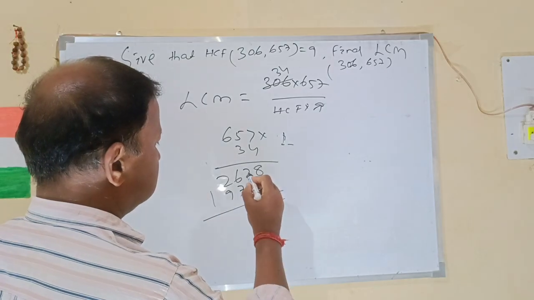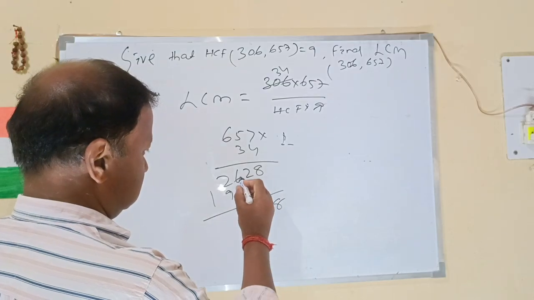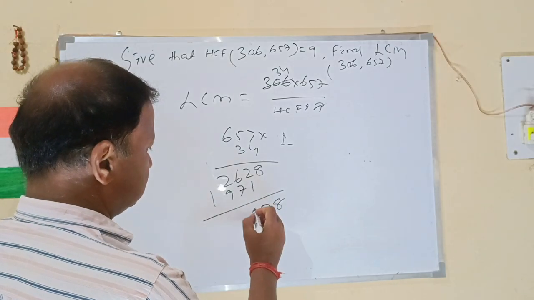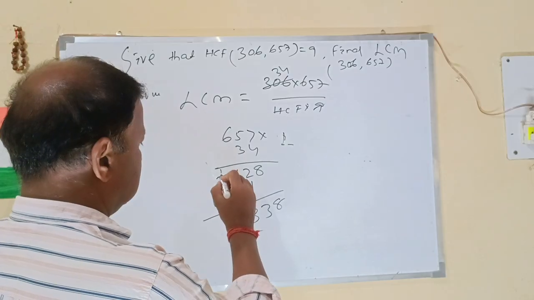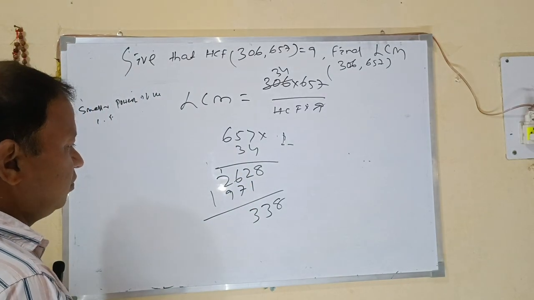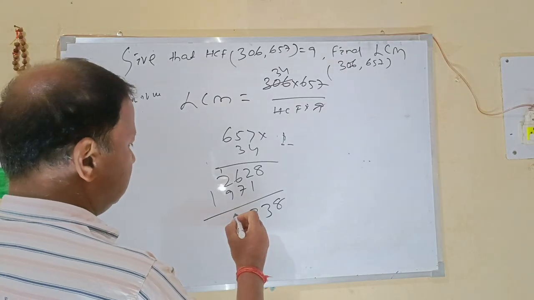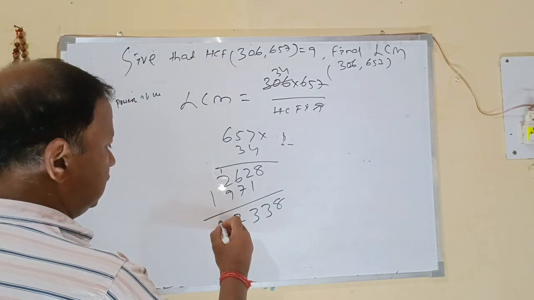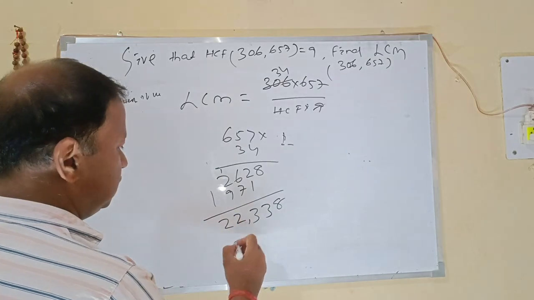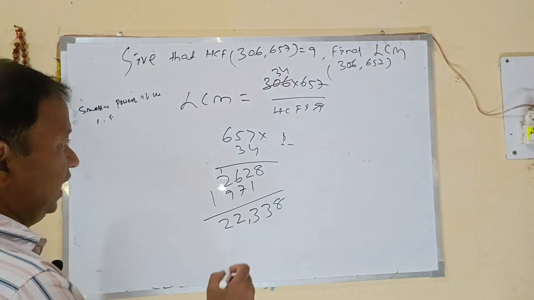So 8, 2 plus 1, 3. 6 6s, 12 plus 1, 13. 9 plus 1, 10 plus 2, 12. 2 1 1 2. 22,338. So the LCM is